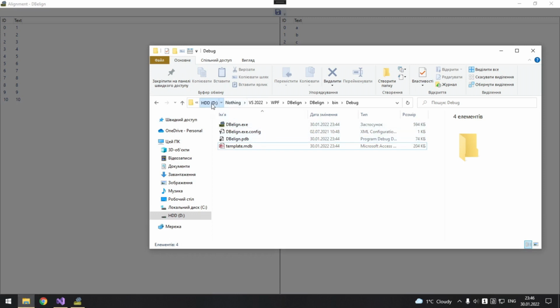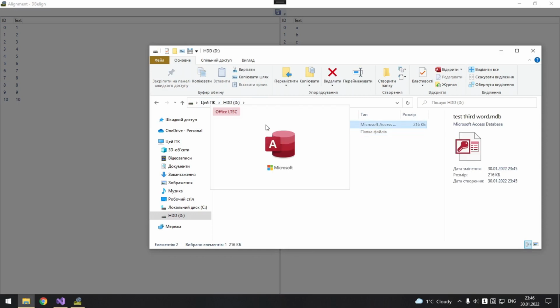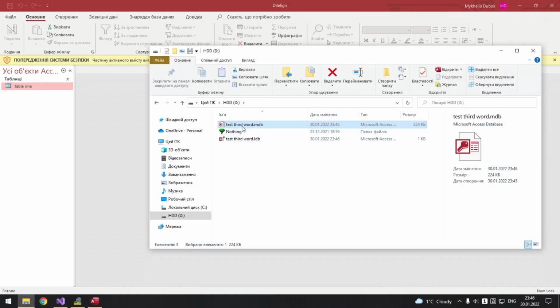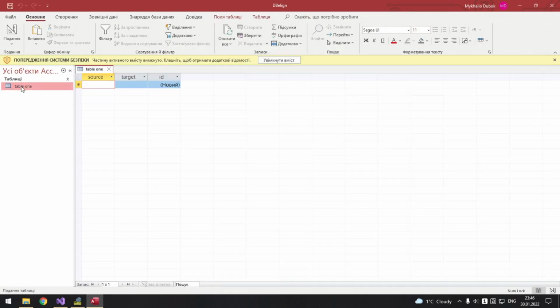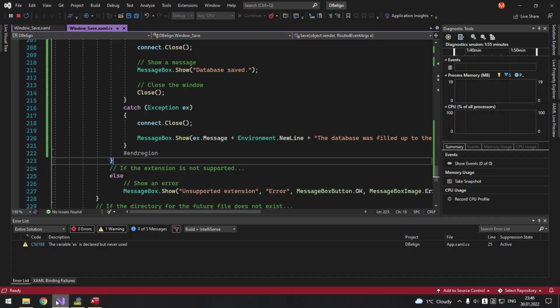Alright, let's see what happened. So we have it here. It's filled a bit. It saved it, so we don't have an error with the table name, and we don't have an error with the database name. But where is the error? Well, at least it did not crash. Alright, let's inspect it, although it will be very hard because it's not native C#.